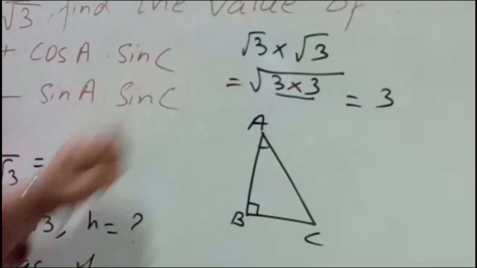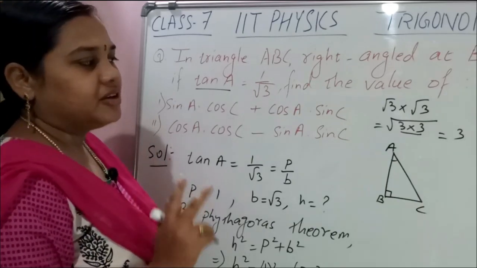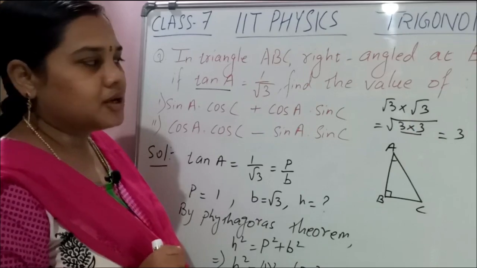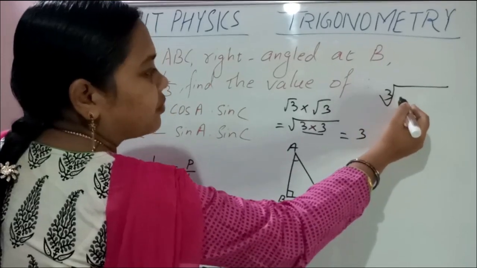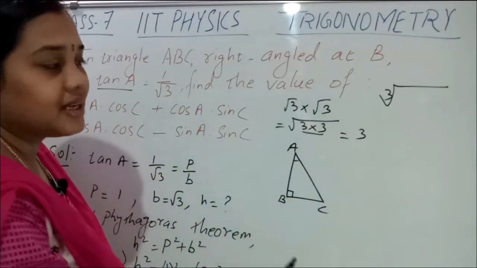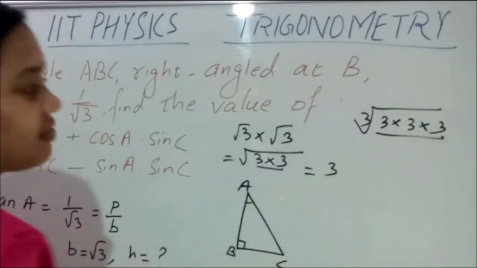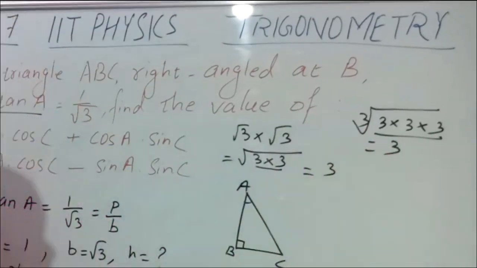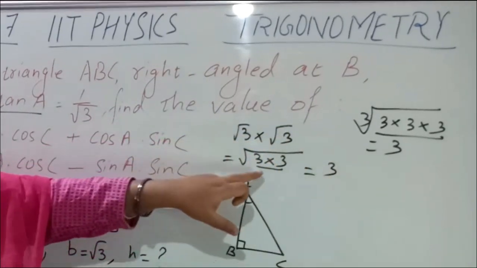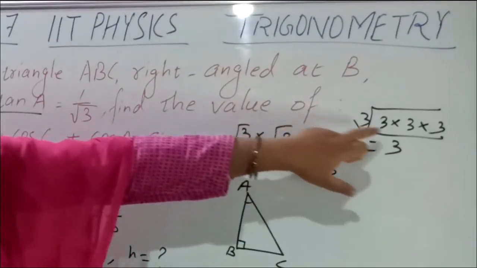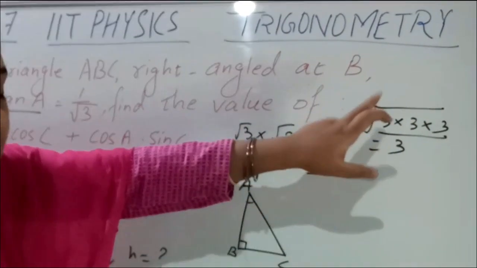Whenever there is a square root, inside the square root you have to make pairs of two numbers, and when you remove the root, one number will come out. But when there is a cube root, then you have to make groups of three numbers. Suppose 27, that is 3 into 3 into 3. Make a group of three numbers, then one number will come out. Understood? See the difference. Square root means you make pairs of two numbers, cube root means you make groups of three numbers. Here from two numbers one will come out, there from three one will come out.